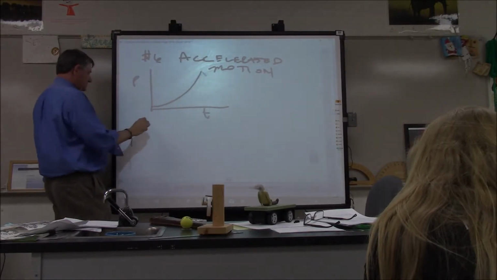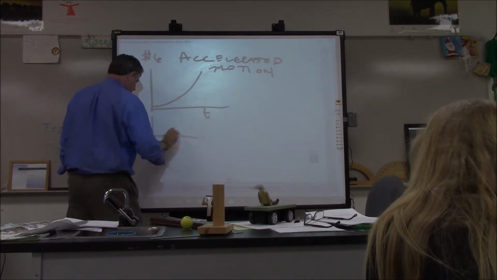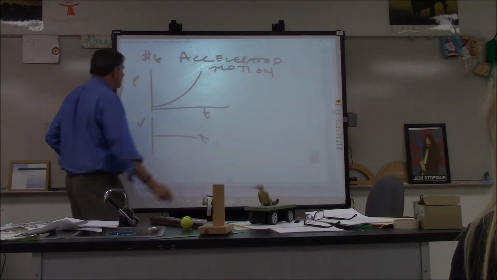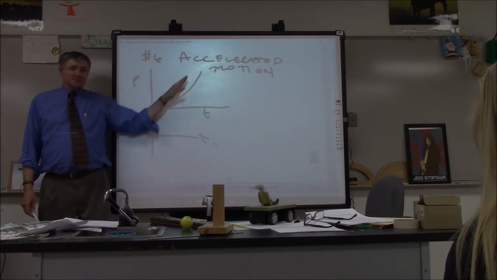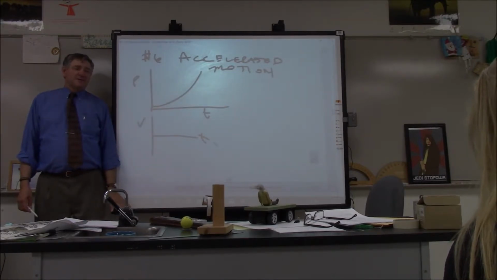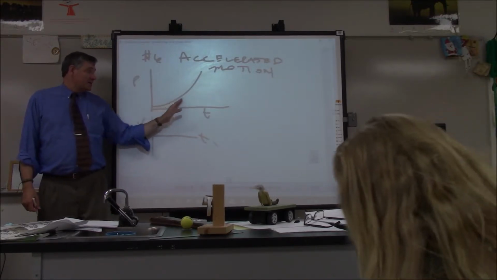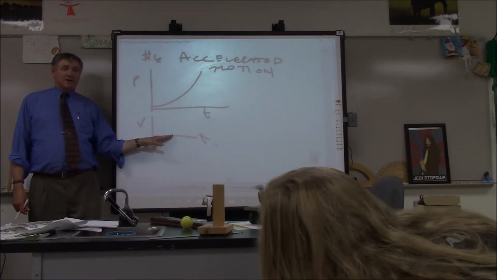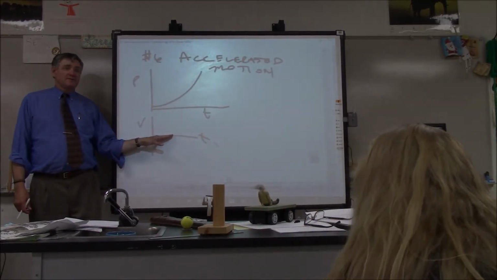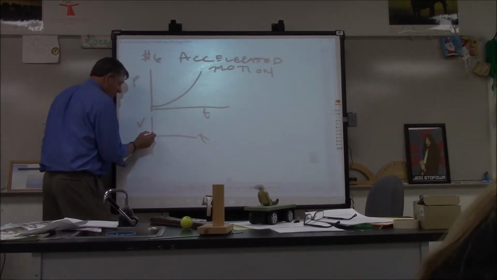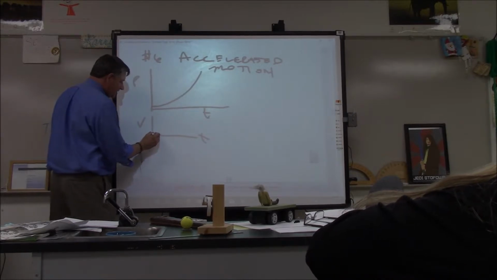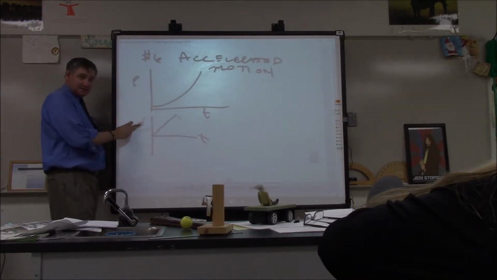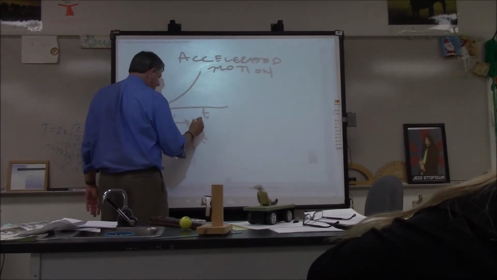Okay? So, here's my position time graph, right? Nick, am I speeding up or slowing down? Speeding up. How do you know? Because it's getting steeper. So how can I show this on a velocity time graph? By also having it get steeper, or having a curved line, or a straight line. Straight line. Now, on a velocity time graph, this is what we call uniform